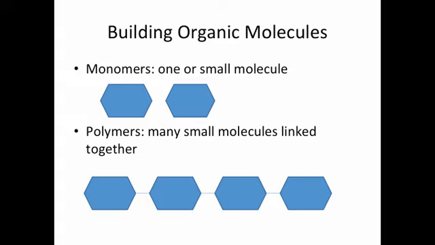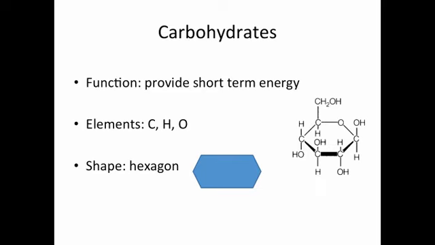So what do we need to know then about carbohydrates? Well, you guys eat carbohydrates on a regular basis. What do they do for you and what do they do for other living organisms is that they provide short-term energy. They come in these shapes, they have lots of little bonds, and as those bonds are broken, they're going to release energy that we utilize to supply us with energy. Things like muscle movement, ability to breathe in and out, our heart to beat, nervous system messages to be sent,